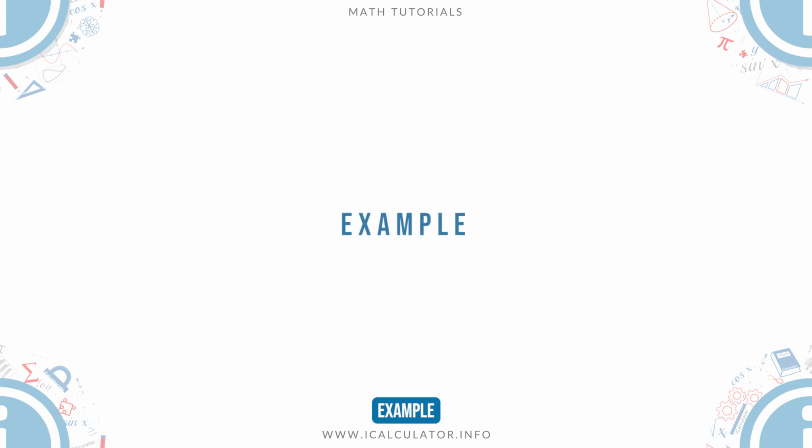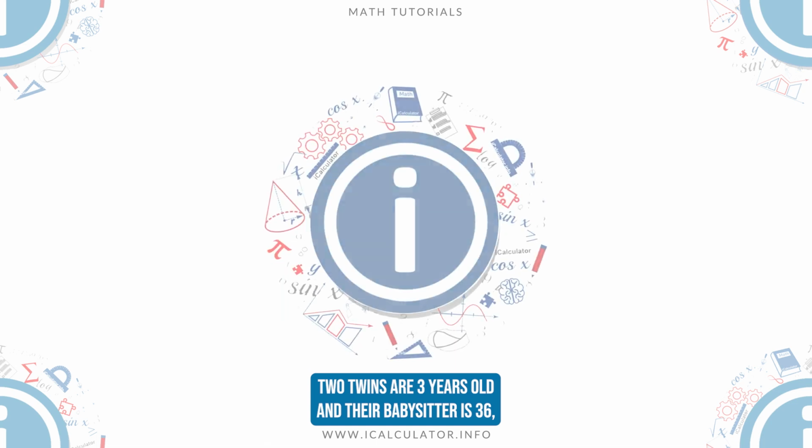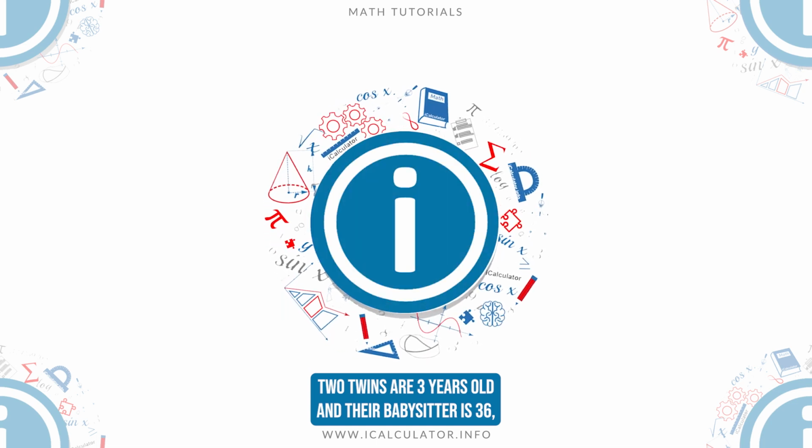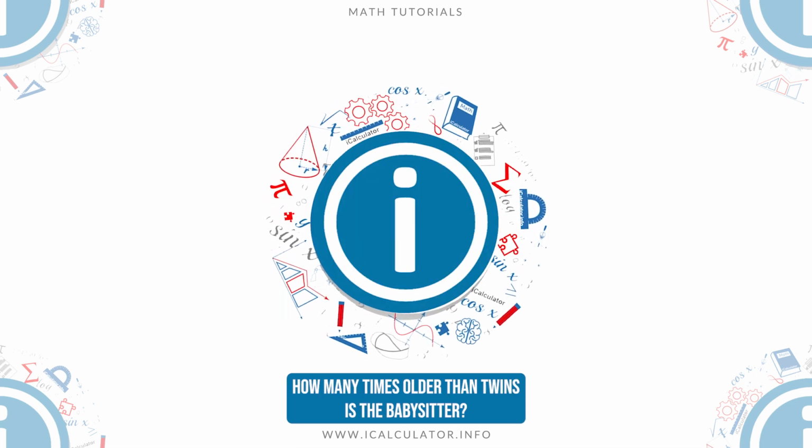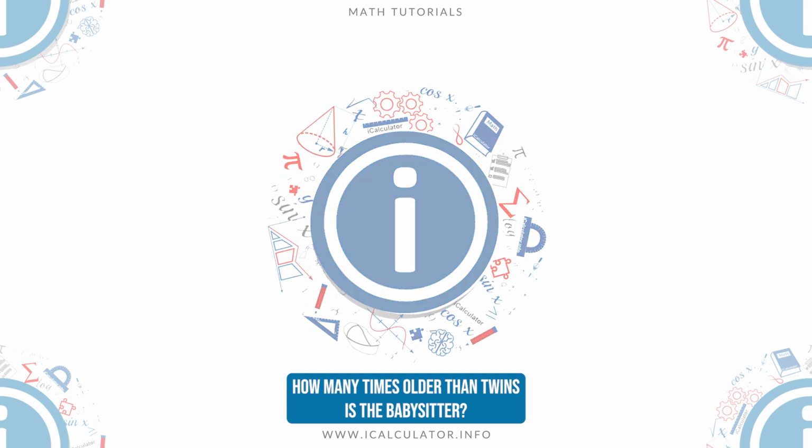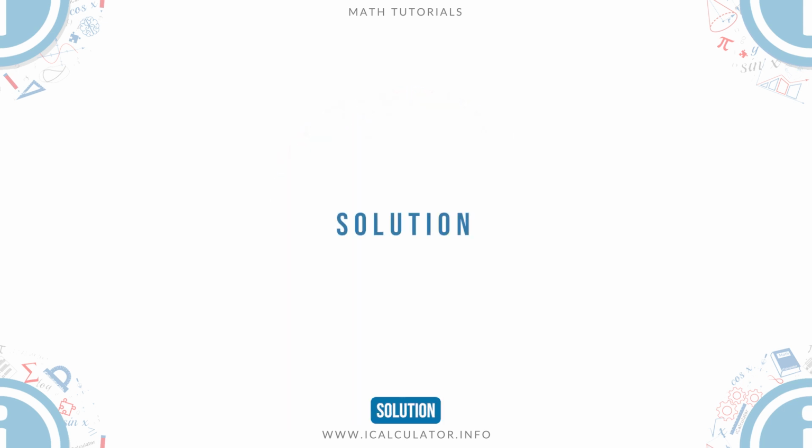Example: two twins are 3 years old and their babysitter is 36. How many times older than twins is the babysitter? Solution: